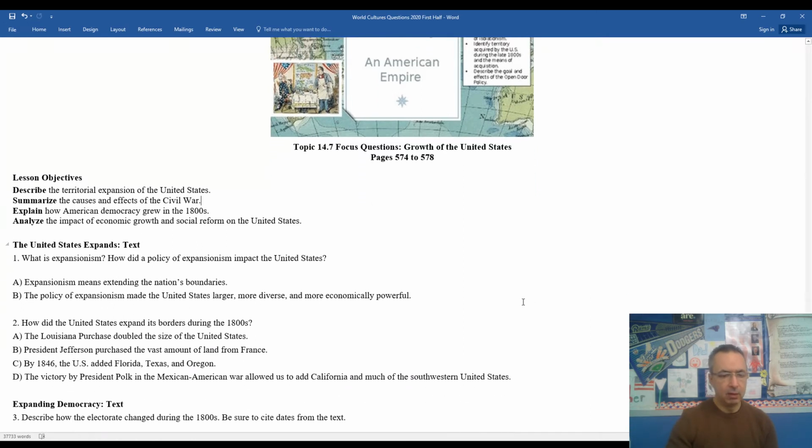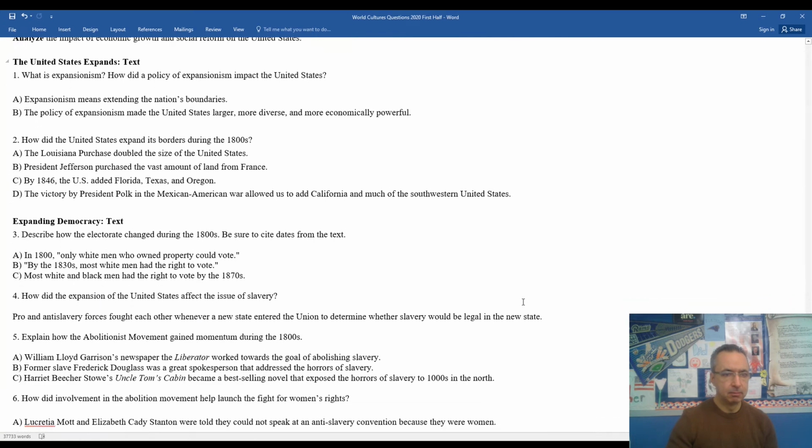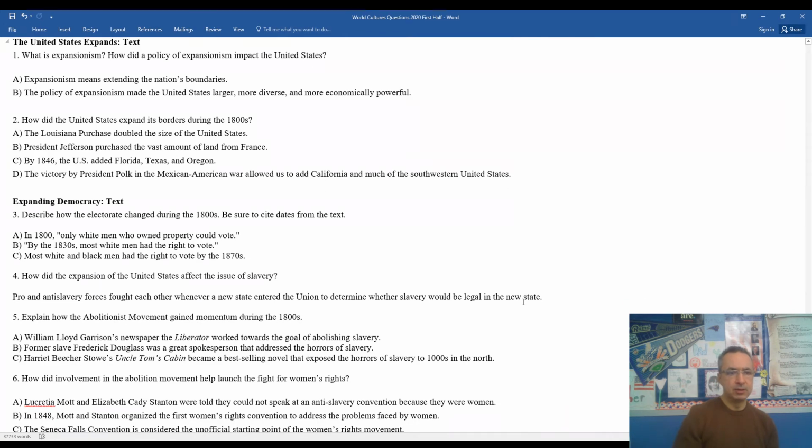So first off, we'll take a look at what actually is expansionism. Expansionism is the extending of a nation's boundaries beyond its current borders. The policy of expansionism made the United States larger, more diverse, and more economically powerful as it began to compete on the international stage. When we think about how the United States expanded its borders during the 1800s,